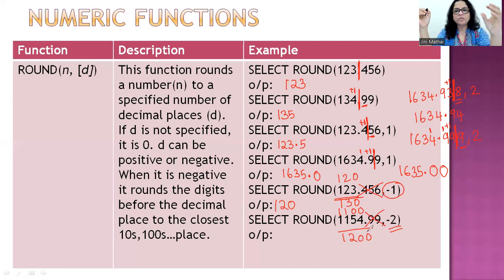1154 will come between which two hundreds places? One is 1100 and one is 1200. Now, what is 1154 closer to? To 1200. So your answer is 1200. Okay, you want some more examples? Let's say you want to round